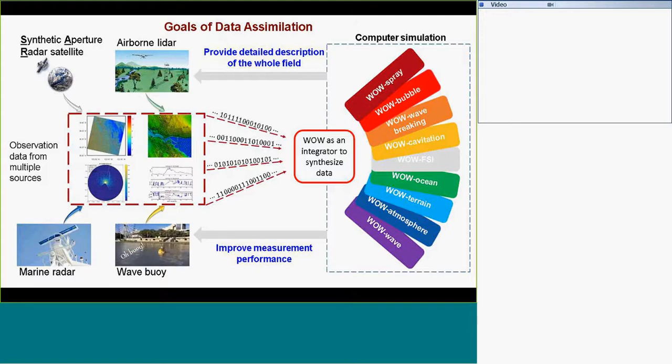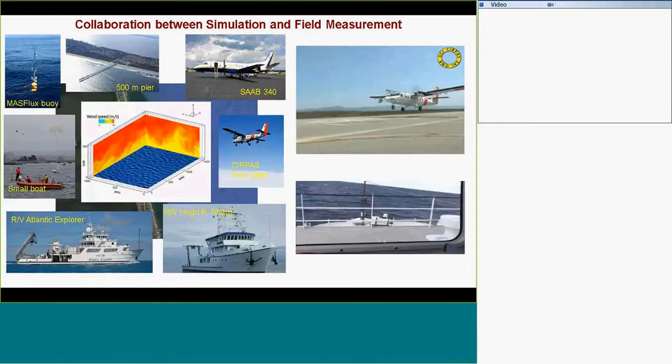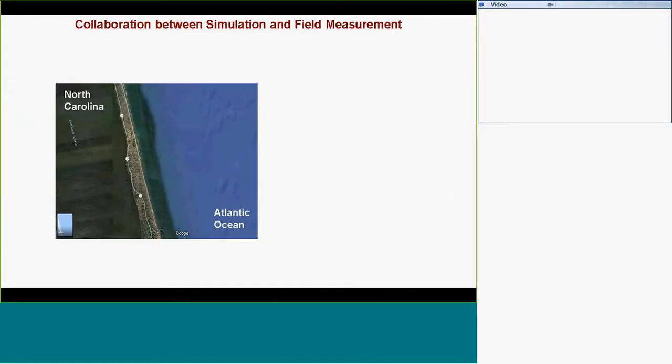And here, let me give you one example. In the line of our work, our kind of simulation, there's one distinguished feature: we always need to collaborate with people doing the measurements, either in the lab or in the field. Here, I give one example about a recent project. This is on the East Coast, North Carolina, and here is the Atlantic Ocean. We were interested in the flow processes in that regime. So, working with collaborators,